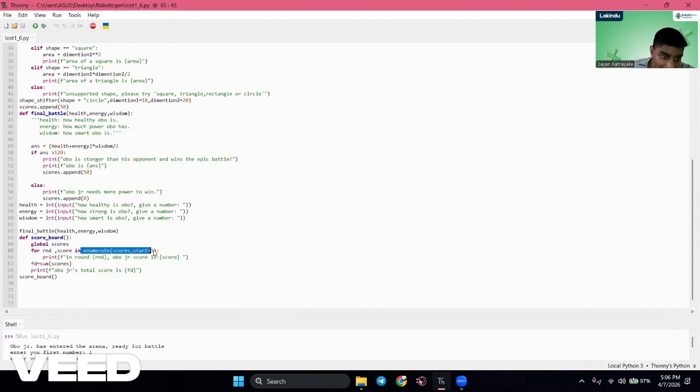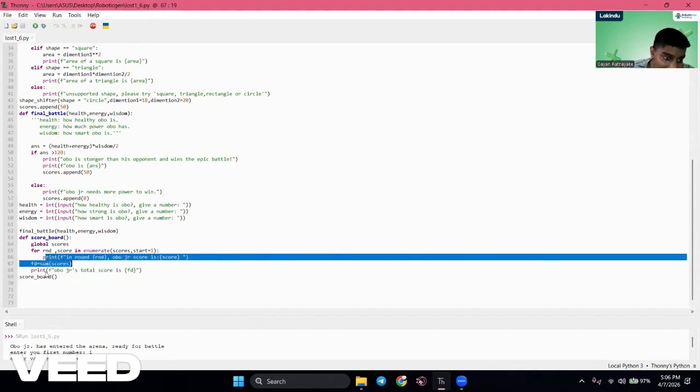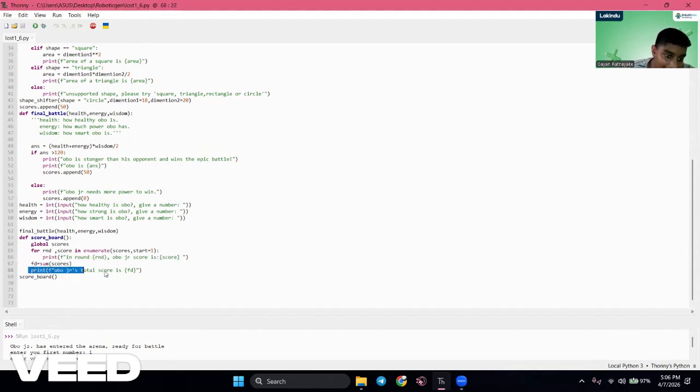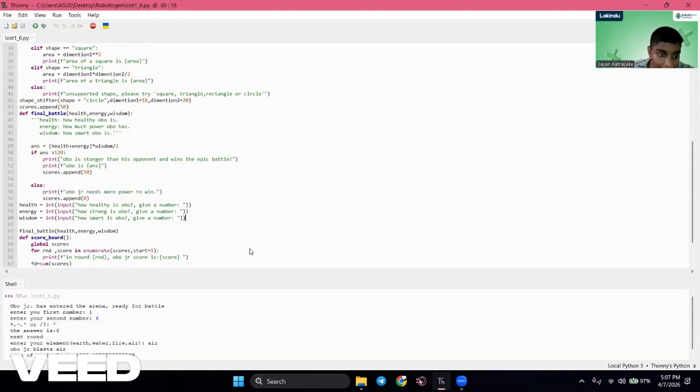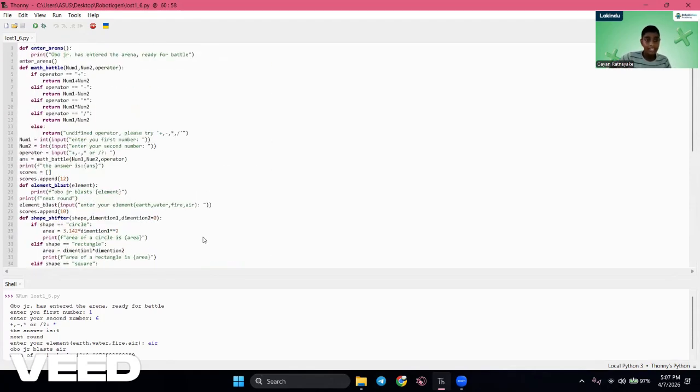And for our enumerate, we are going to start from 1 and keep on adding, so the fourth round like this. And then in the end, print the total score. And we call the function, and that's basically how to type this code, including multiple mathematical operations, using variables and this enumerate function. And that's basically it. So thank you for listening and have a nice day.